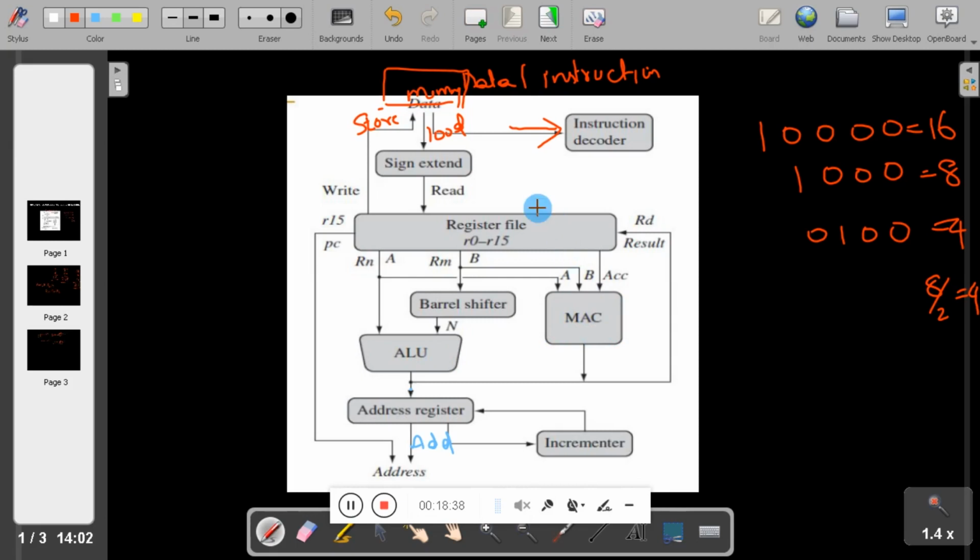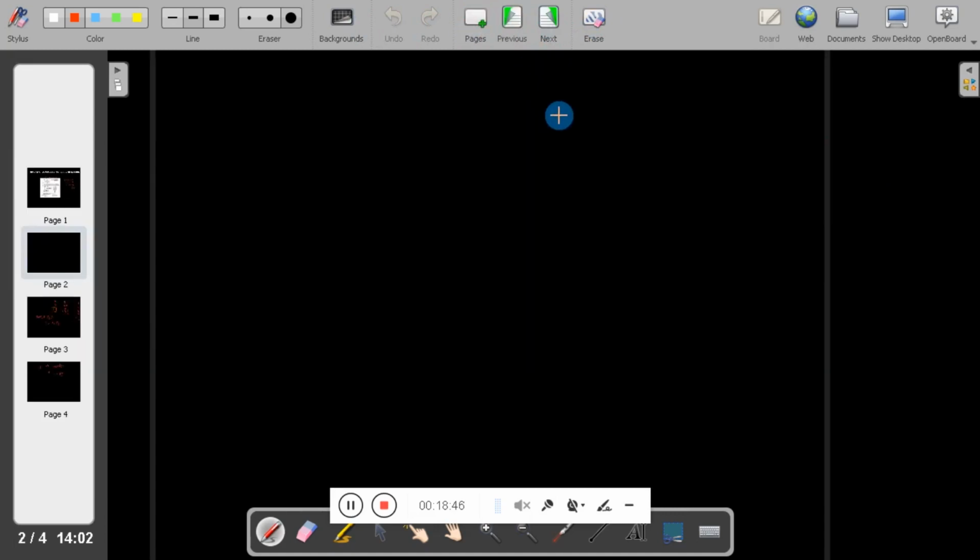For example, suppose I want to multiply two very big numbers.